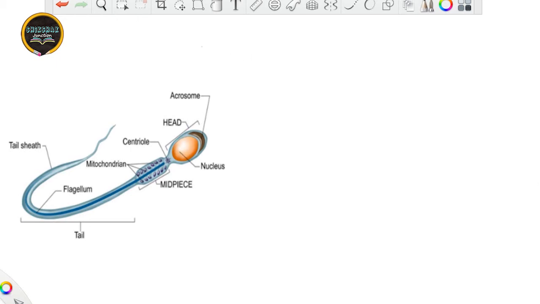How? See, first of all, we will talk about the nucleus. That is a very important organelle. You might have noticed in your previous classes, right? What happens with the nucleus? This nucleus becomes compact, okay, and it plays a very important role in the formation of the head part. This is where during spermiation this gets embedded into the Sertoli cells, what we have talked about a few minutes back, right? So this nucleus becomes compact and it leads to the formation of the head part of the spermatozoa.